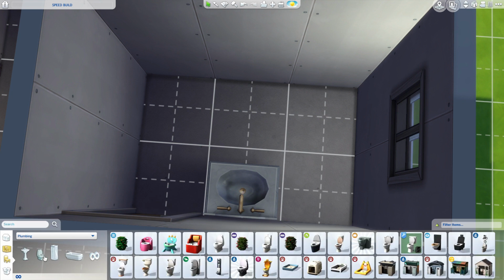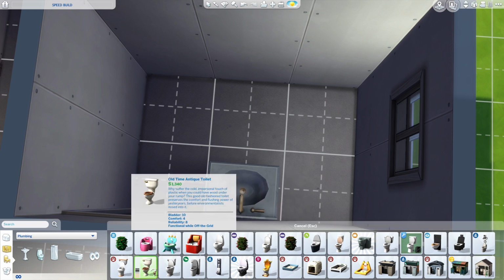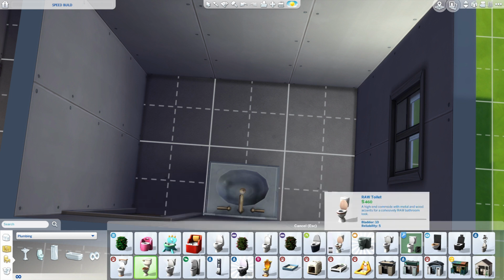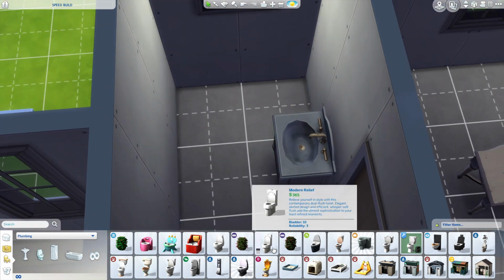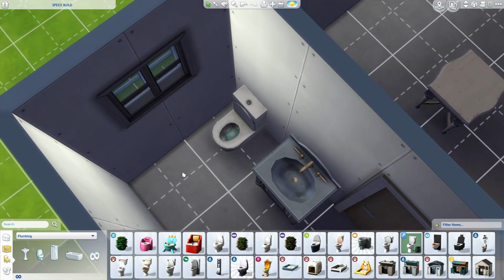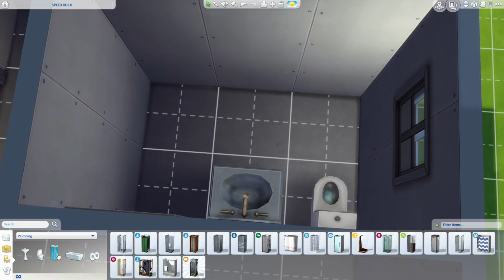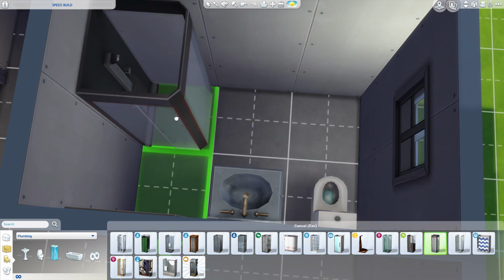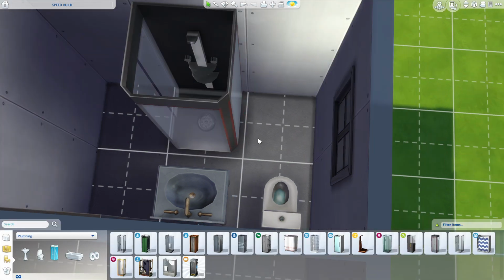I'm using a sink that I don't normally use. I just don't like it because of the antique look of it, as well as this toilet. I don't use the toilet. Actually, all those toilets that are on the bottom I don't use, but I decided just to use this one because it went with the antiqueness of this sink. So yeah, even though it's the push from the top type of toilet, which I think is absolutely